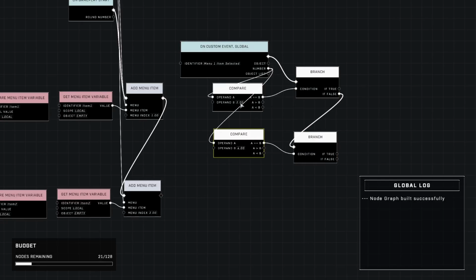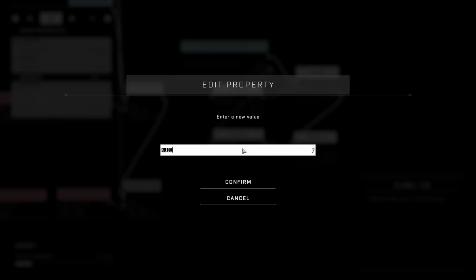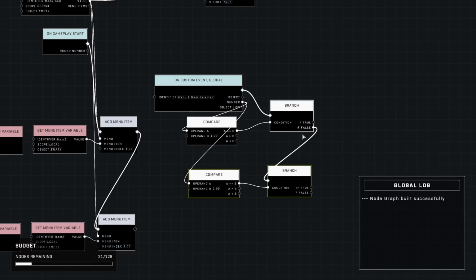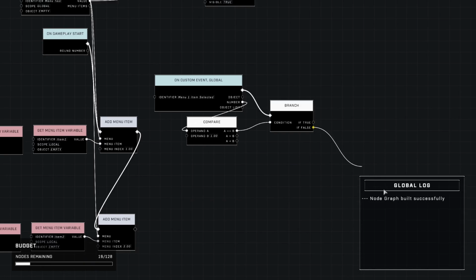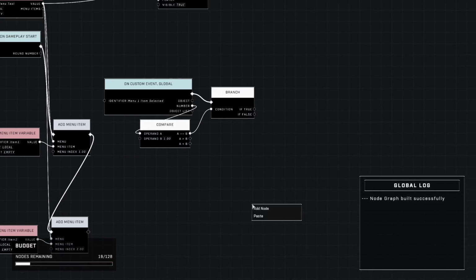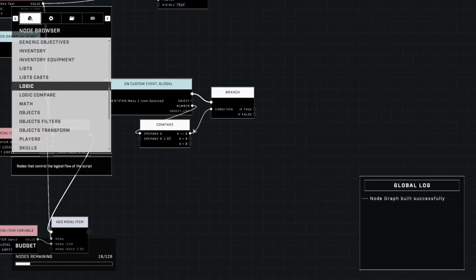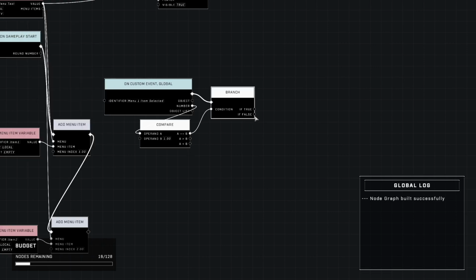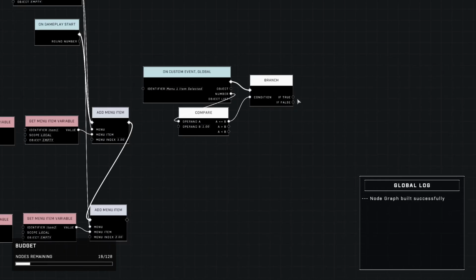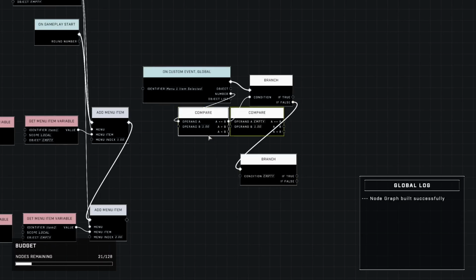The reason you want to do if compare to option 1 or if compare to option 2 is because if there is no compare for option 2, then obviously they selected the other option. So for this, since we only have 2 options here, we can do, if selected 1, then do something, and then if not, then do something else. But if you have more than 2 options, so if true or if false, if you have 3, then technically,